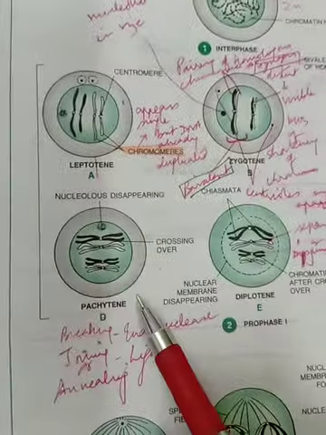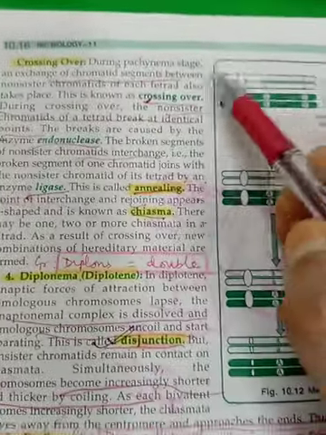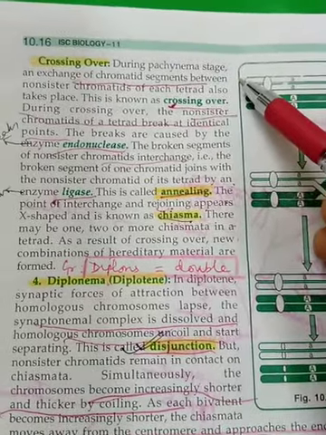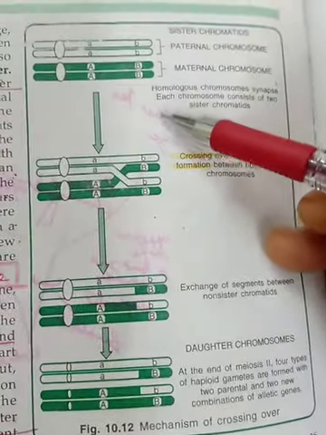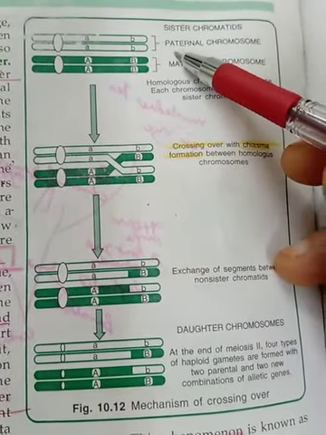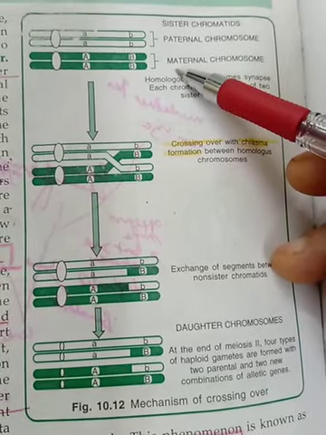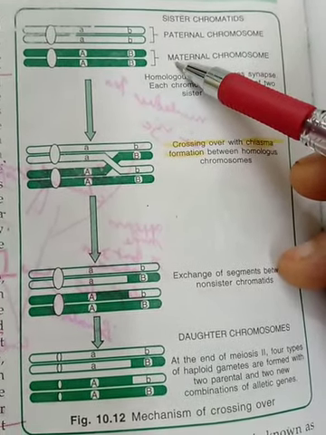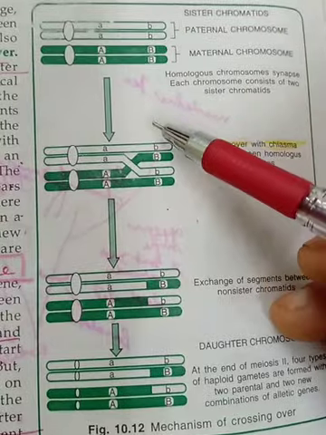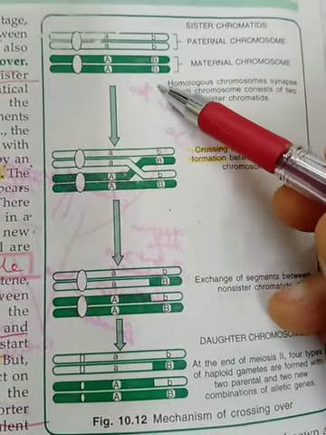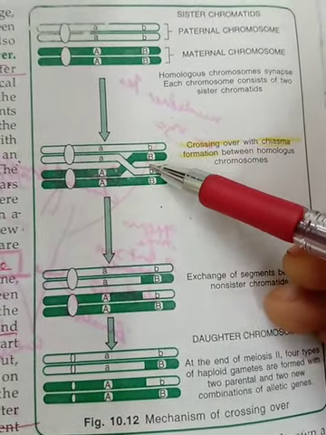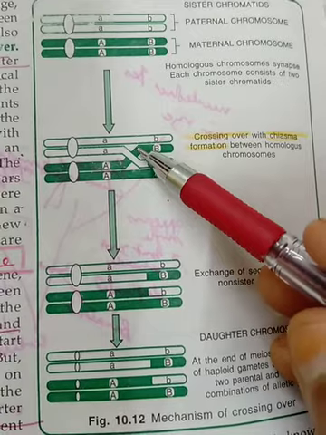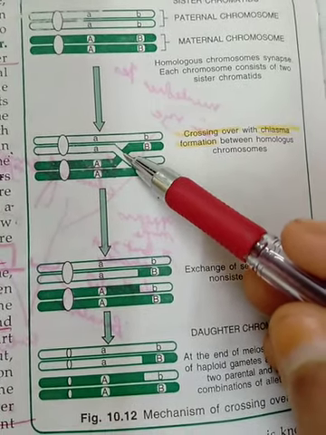Moving further, here in the Pachytene stage is a very important process of crossing over. Crossing over you will understand by this. Look at this. Here there's an exchange of segments. Suppose this is the paternal or father's chromosome and this is the mother's chromosome. So during crossing over, what is happening is the tetrad, like 1, 2, 3 and 4, right? There are breaks that are caused at identical points, right? And this break is caused by an enzyme called endonuclease, right?